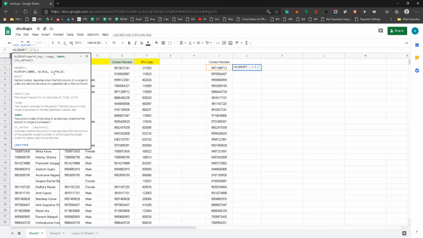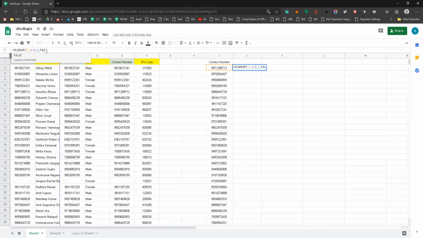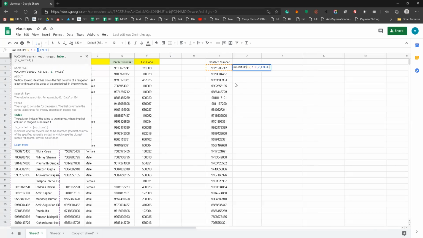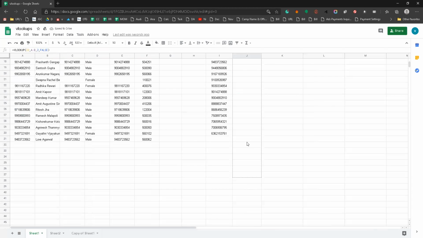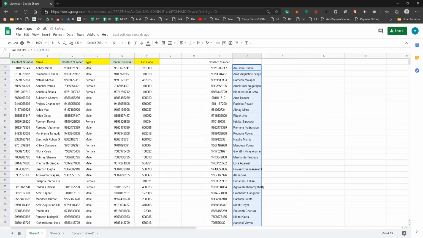Next is false. False is nothing but if the column doesn't match, it will print false or N/A. I'll show this example once again. When I click here, I'll drag the formula to it. Accordingly it matched the data.